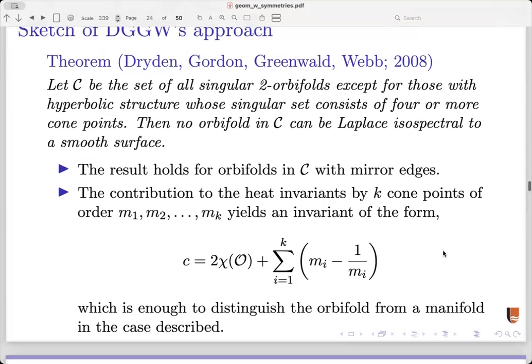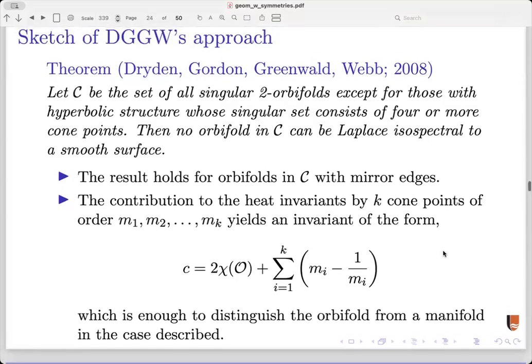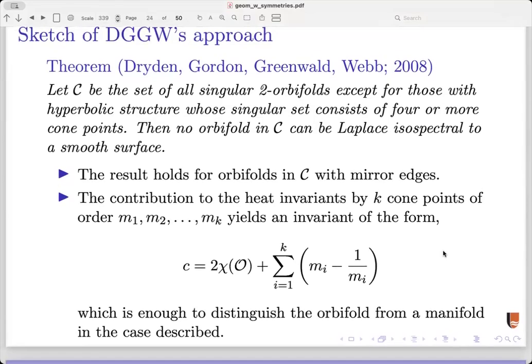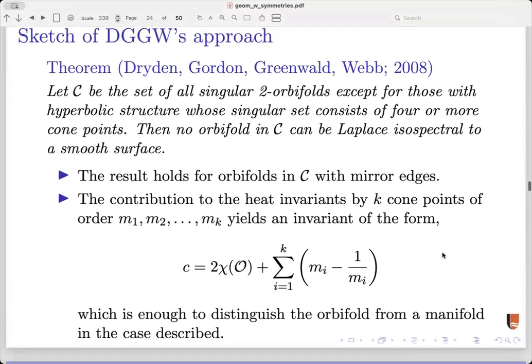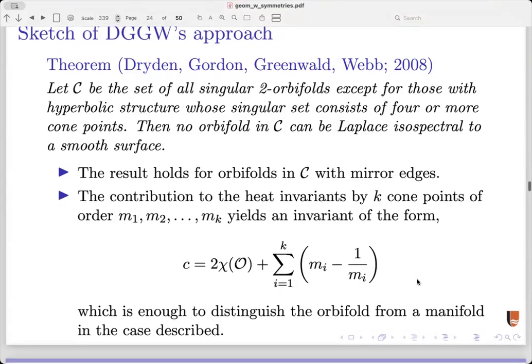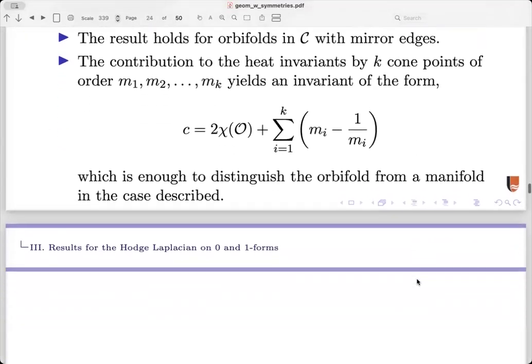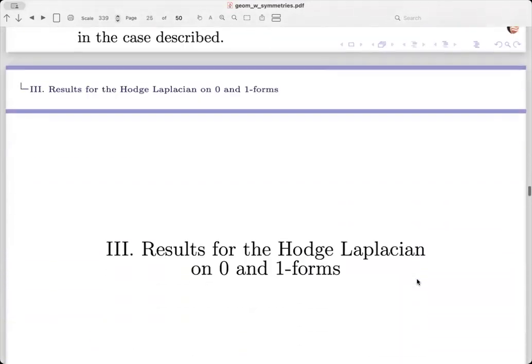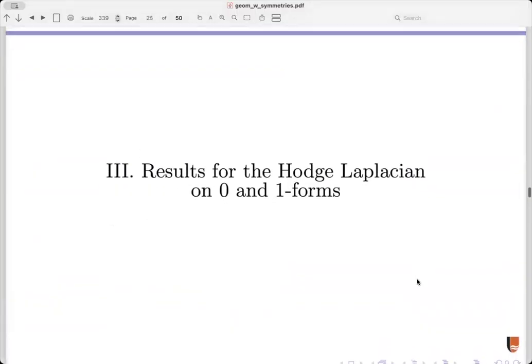And then they looked at orbifolds with only cone points and dug into these B sub k, these orbifold heat invariants, and with some computation, found this spectral invariant, so twice the Euler characteristic plus a sum here involving the orders of all of the cone points in the surface, and that was enough to distinguish the orbifolds in the collection from the manifolds. Really neat result and really nice way to lay the groundwork for the results I'd like to talk about from